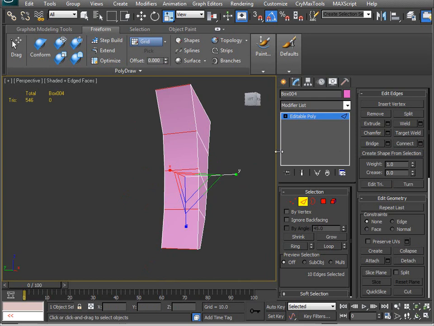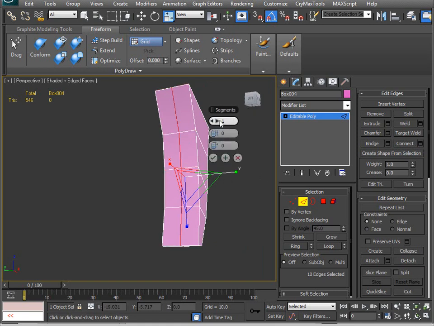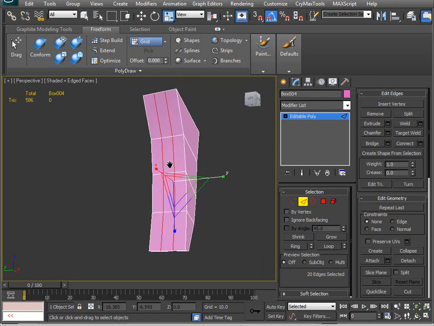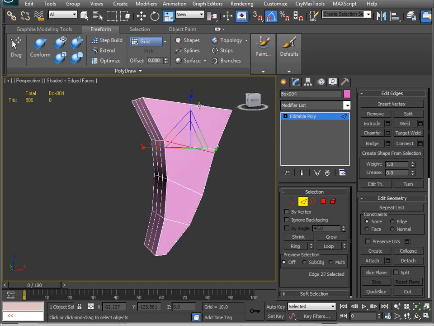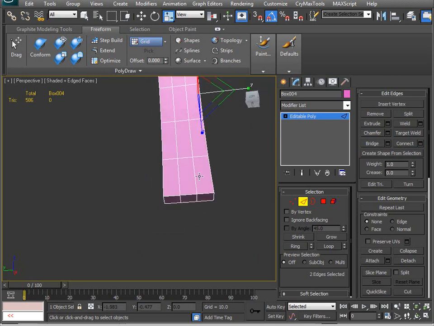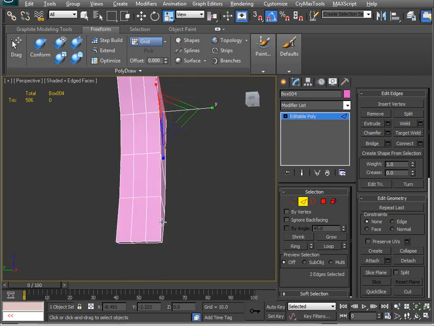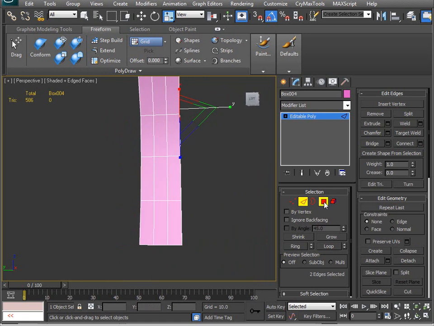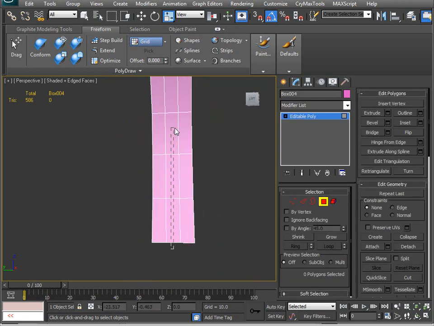Important to note that last time when I did the connect, I set it to 2 segments. If you just hit connect again, let me show you here. If I hit OK and then I undo that, and if I just hit connect again, it stayed on 2 segments. It's important to remember that sometimes you can't just hit connect because it remembers whatever your last settings were. Now, fortunately, I want it to be 2 segments. However, it can still be an issue if you don't go back here and reset that back to 1 segment, which I'm not worried about yet. And again, I still think that the easiest, quickest way is just to delete